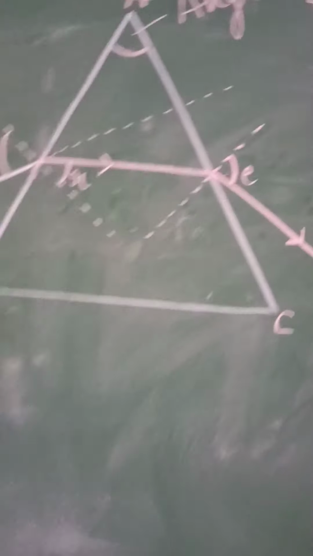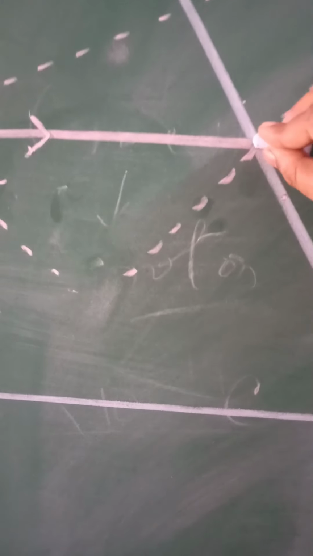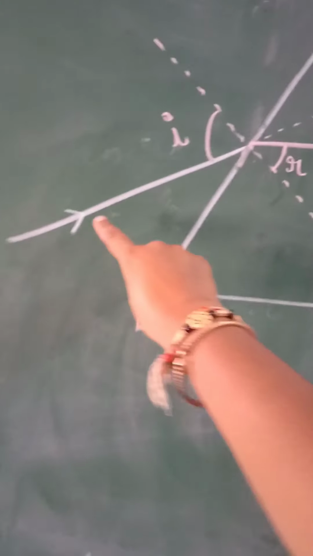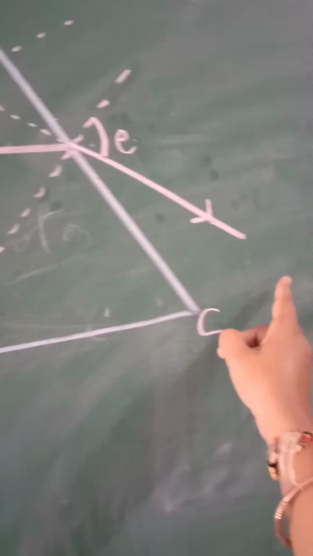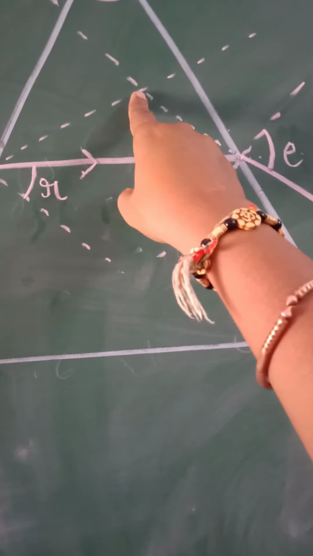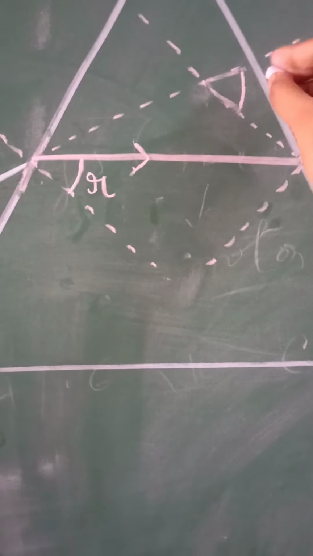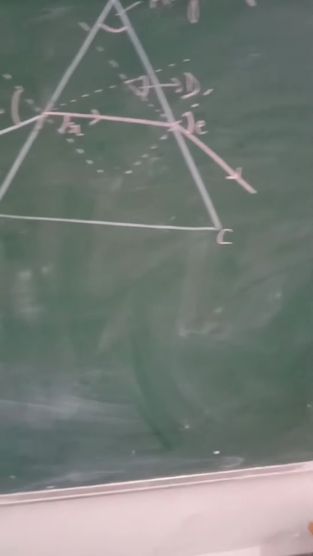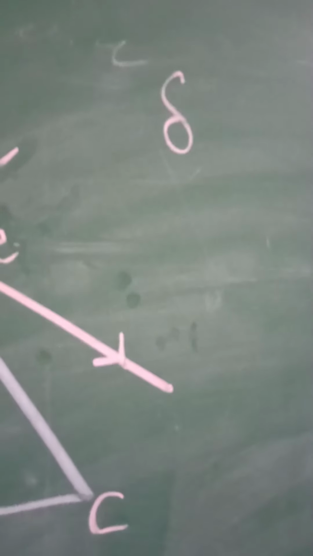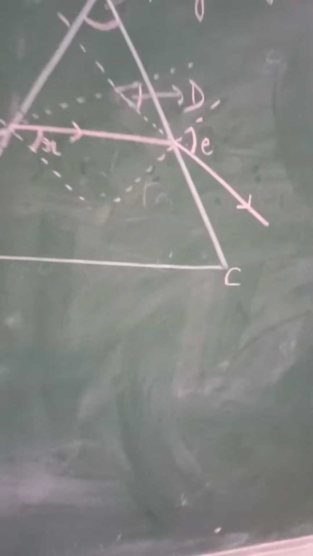Now when we extend this, like this, this is the incident ray and this is the emergent ray. When they intersect at this point, this angle is called the angle of deviation, which is represented by D. In many books you can see it as delta. Don't get confused; in many books this sign is used, but in your book D is written over there. So this is the angle of deviation.